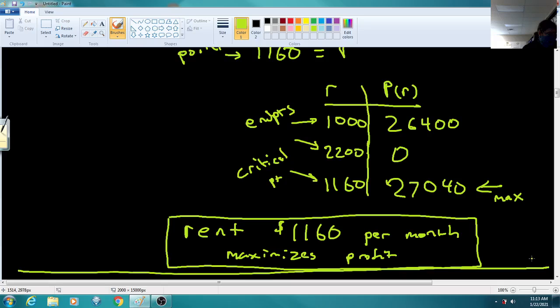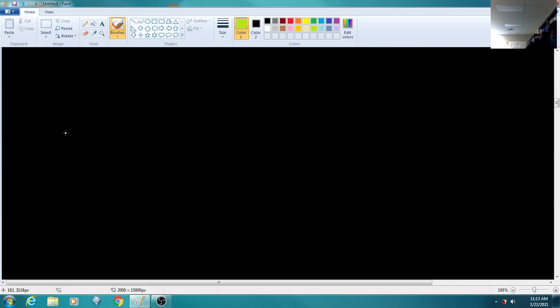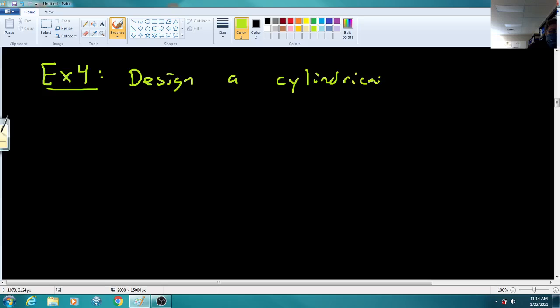And then we just got one last example to wrap this section up. And then next section will be section 4.9. So for this final one here, for example 4, they want us to design a cylindrical can of volume 900 cubic centimeters